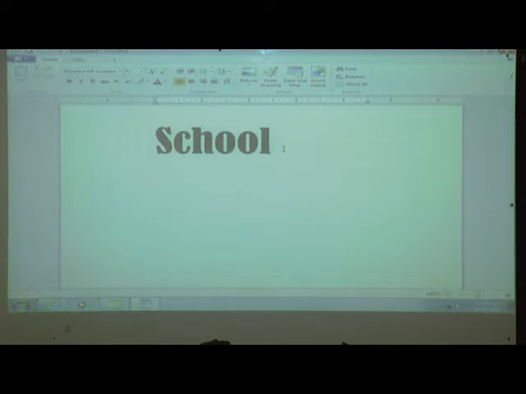Then what is the use of this font size option? Good. For increasing or decreasing the font size. This function is used to increase or decrease the font size.